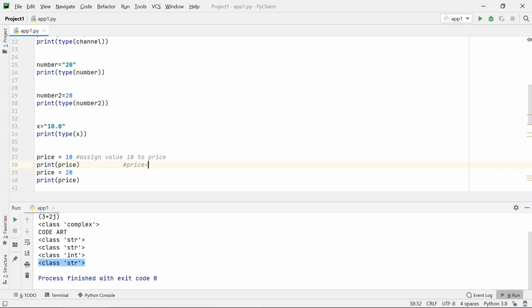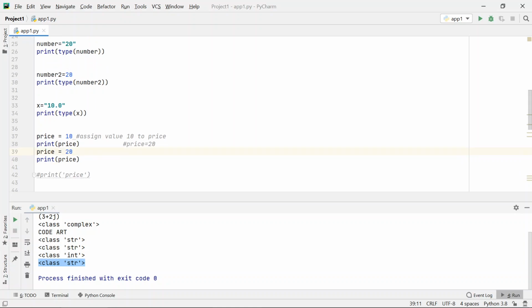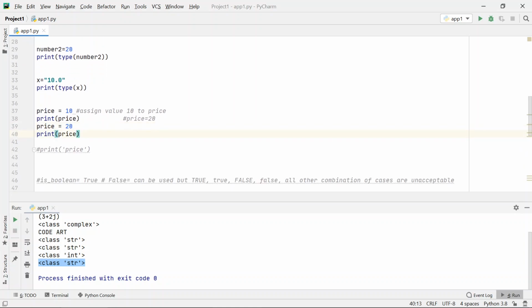So keep in mind, we had the price value 10 earlier up to this place, but in the next statement we are overwriting the value 10 with 20. So this value 10 will be removed and the value 20 will be put here. So what will be the print price output? The output will be 20. So first I'll get the output as 10, then I'll get the output as 20. I'll run this, Alt Shift F10. Okay, I got 10, then 20.